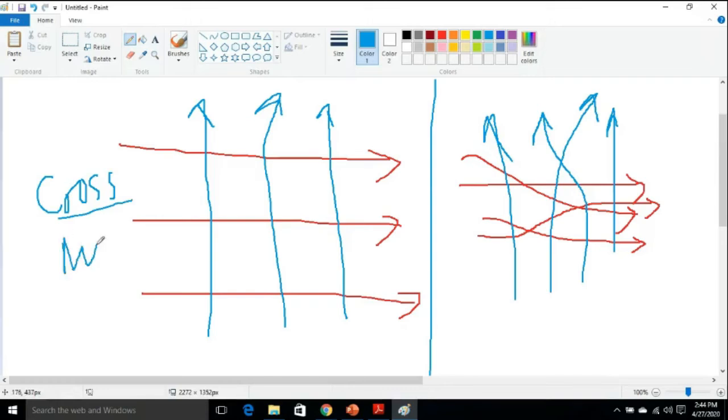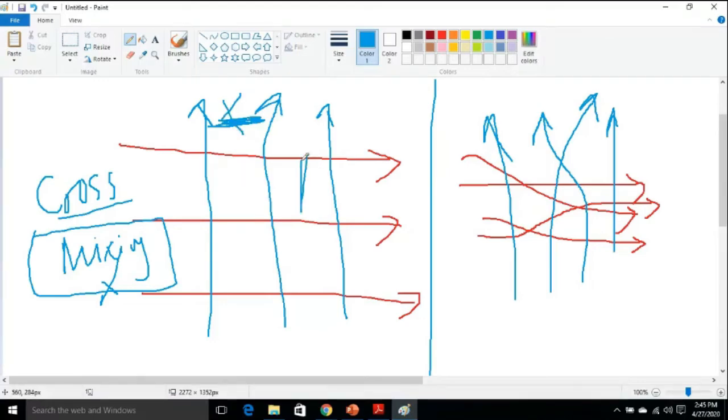And in this case, there is no mixing of streams. When we are talking about mixing in cross flow, it means mixing of streams of the same kind. This mixing is not taking place. But when we are moving to the second case, what is happening? The hot fluid is moving in a random fashion. So this might be a case of turbulent flow, or wherever the streams are mixing with each other. So in this case, the hot stream is also mixing and the cold stream is also mixing.